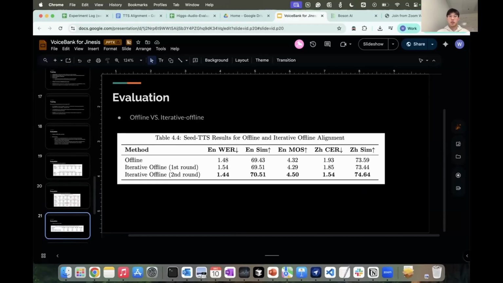And the last evaluation result is the comparison between totally offline and two rounds of iterative offline. As you can see, the iterative offline is way better than the totally offline, which means the on-policy approach is definitely better. Currently, I'm still working on the real online pipeline, and it's probably going to be finished very quickly, by next week. Then if we have any new results or comparisons, I can also share them in the channel or in our lab.